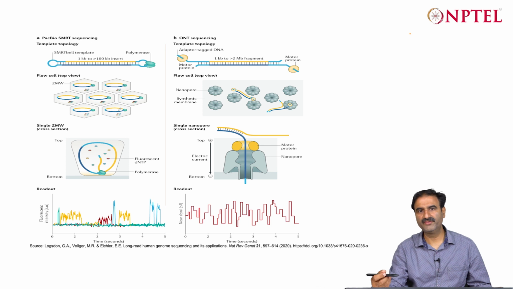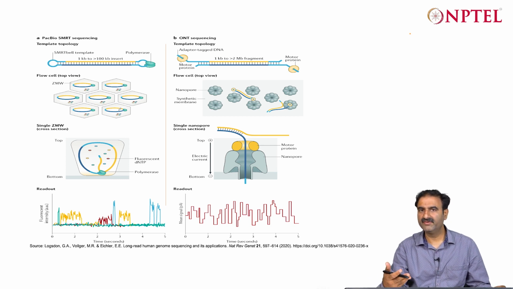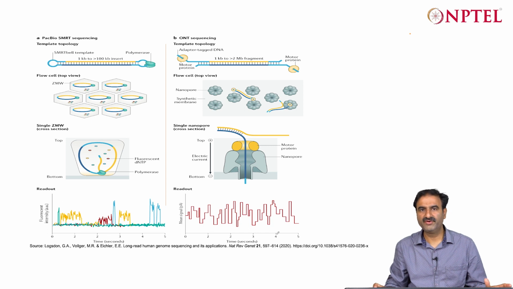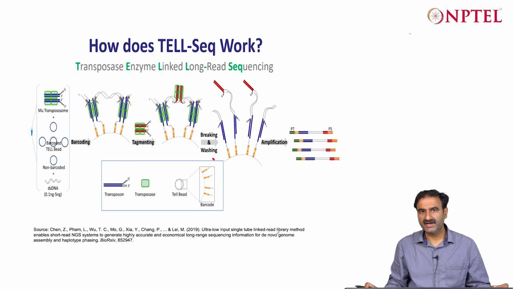Whereas Nanopore is not using a polymerase and nucleotides, so it is a cheaper, more economical system, because the signal is detected by the change in the flow of ions. Both of these technologies are used very commonly nowadays and are the gold standard for long read sequencing. There is another linked read sequencing technology